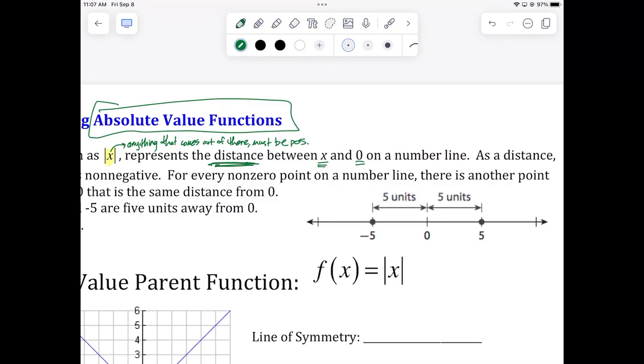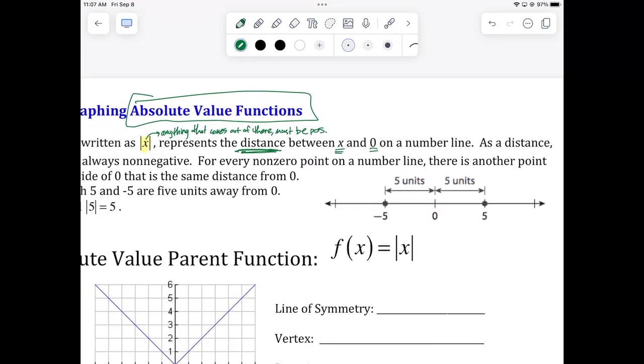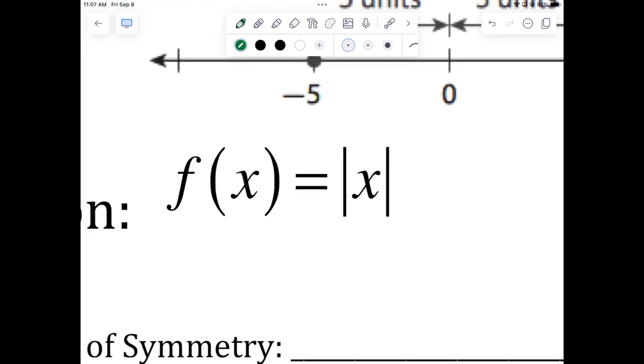What about 0? How far is 0 from itself? If you had to quantify, you'd say 0, right? 0 is itself, so the absolute value of 0 is 0. But aside from that, every other input, negative 3, positive 3, negative 4, positive 4, they have the exact same output. And if I were to create a function then, f of x equals the absolute value of x,